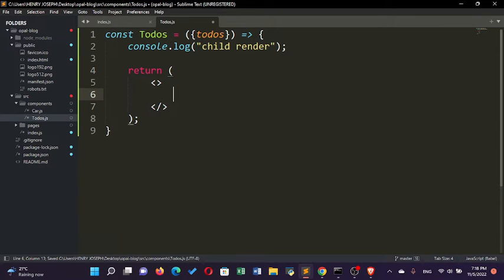Then it's going to have an h2 tag, which will just define my todos. The h2 tag will just say my todos. Then